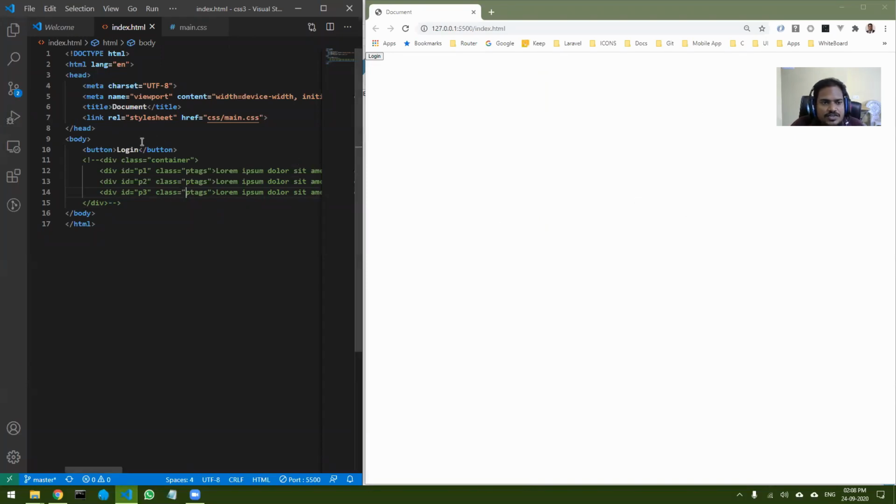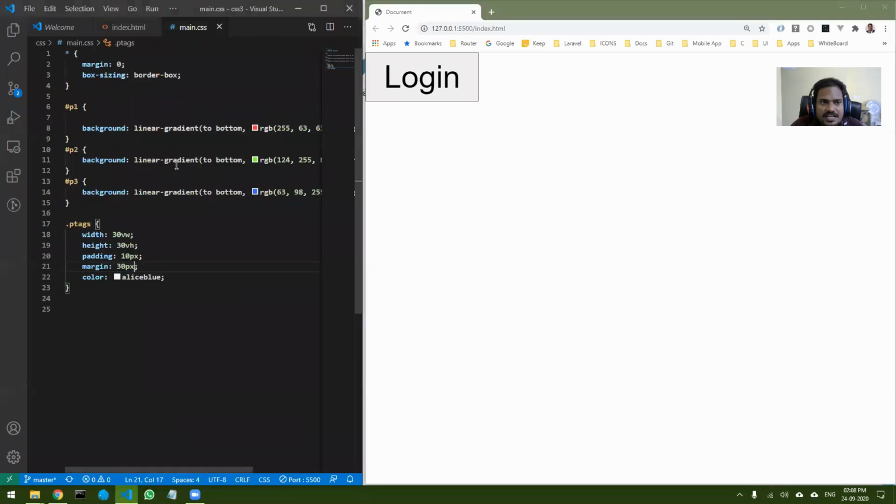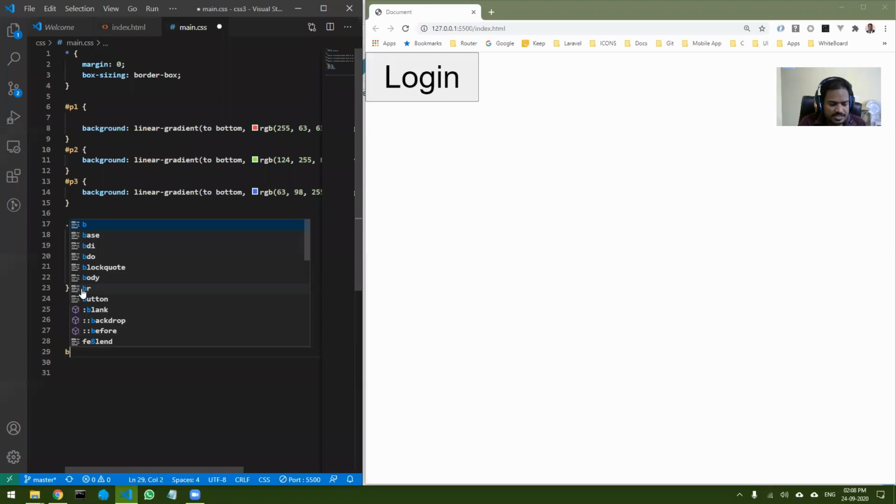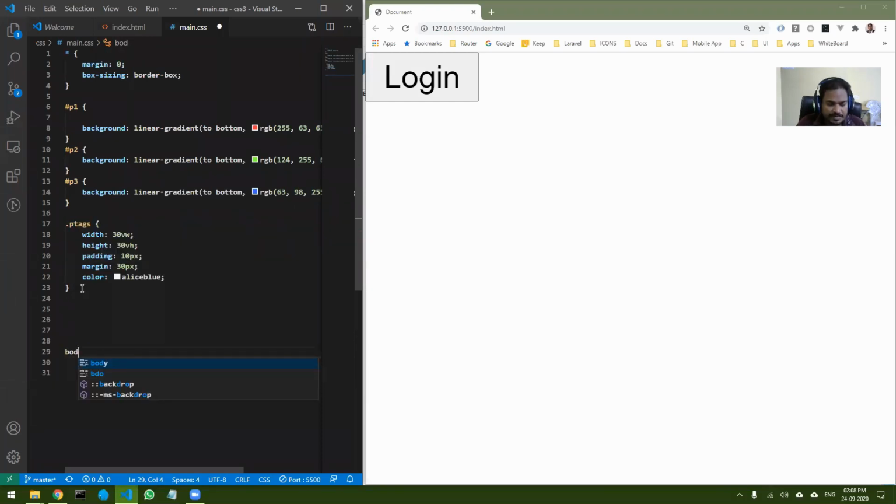So now I've created a login button, but right now you can see there is no style as such. So this is how it looks. Now I want to style this. Let's come down. First of all, let's take the body, give it a dark color.